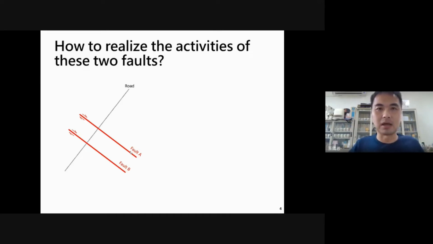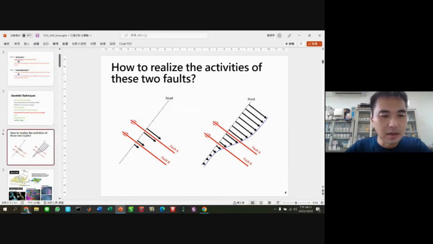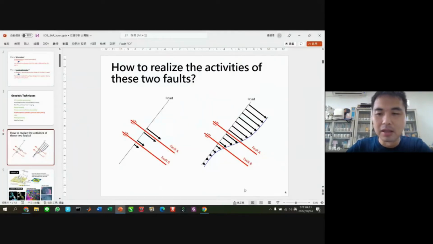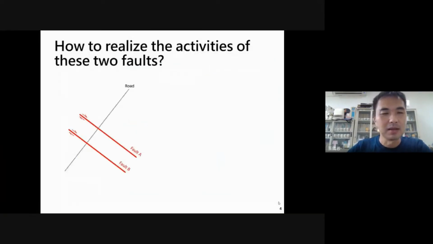So I just want to use a very simple example to let you know what the difference is between surface deformation monitoring and the study of crustal deformation. Okay, so here,